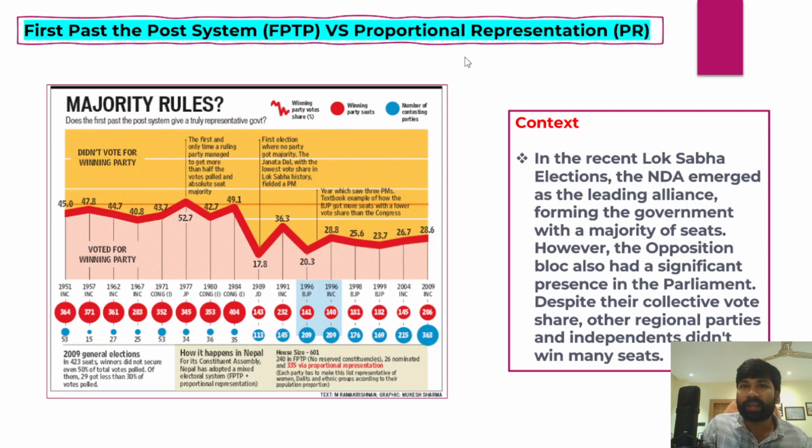However, with respect to the election of President, Vice President, the Rajya Sabha and even the state legislative councils, we very often see proportional representation. The first past the post system actually means that